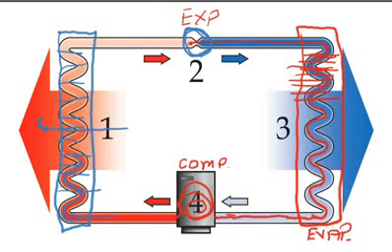It condenses back into a liquid, and by the time it reaches the end of this coil, it should be totally liquid. Then it travels through the copper tube back to the expansion device and starts the cycle all over again. So we have our evaporator, and then we have our condenser,